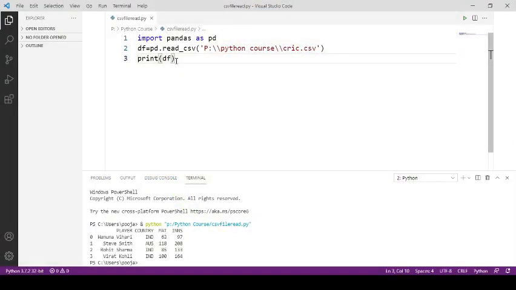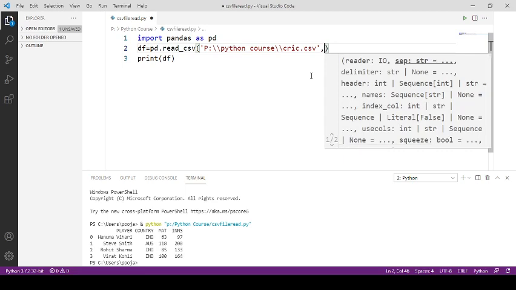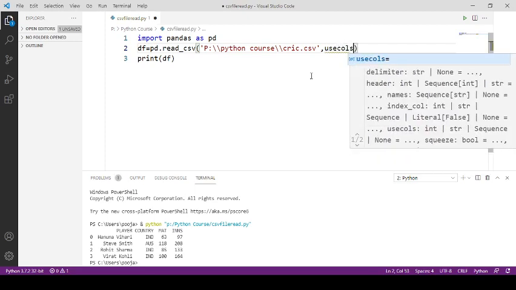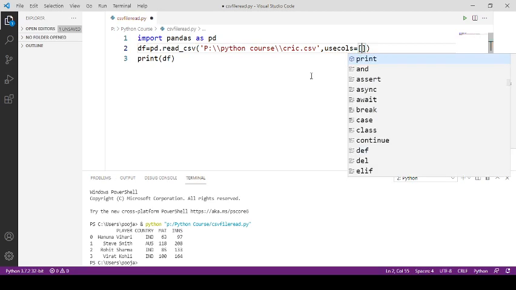So specify parameter over here, put comma, and then you can use parameter. The parameter we are using is usecols, and you need to specify column value that you want to read, right? So we have 4 columns inside the CSV file.